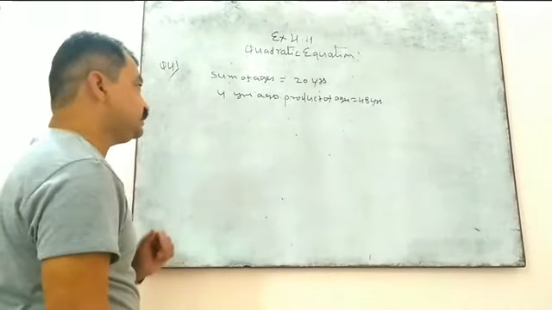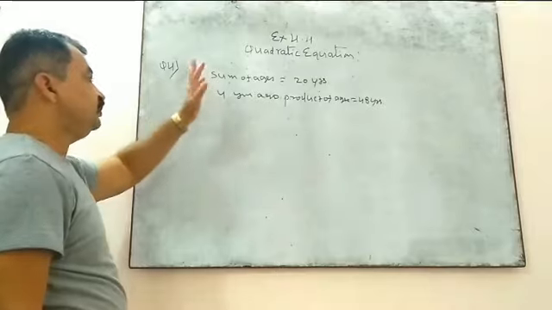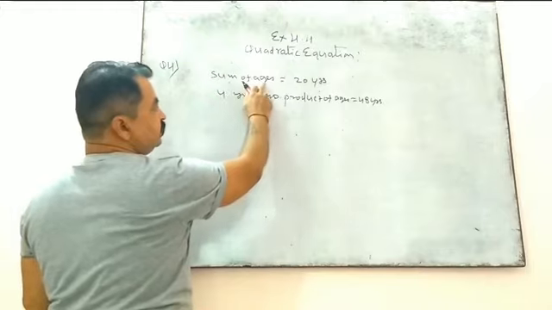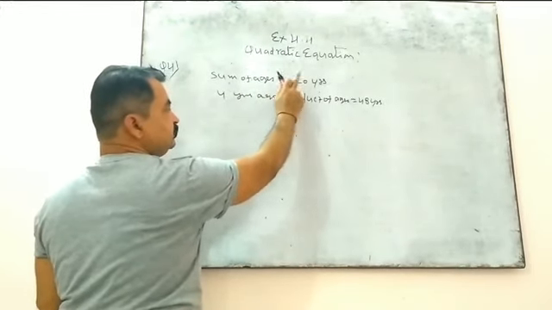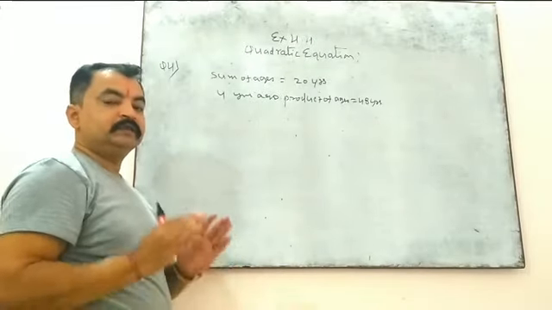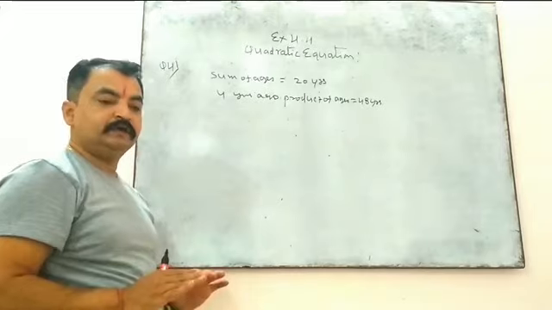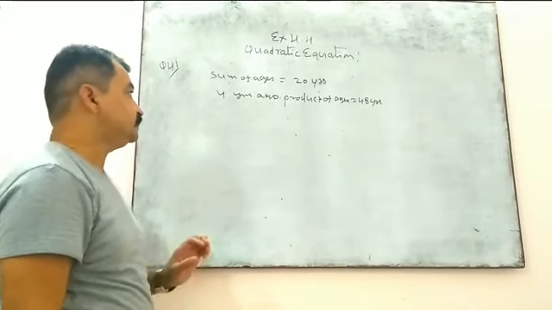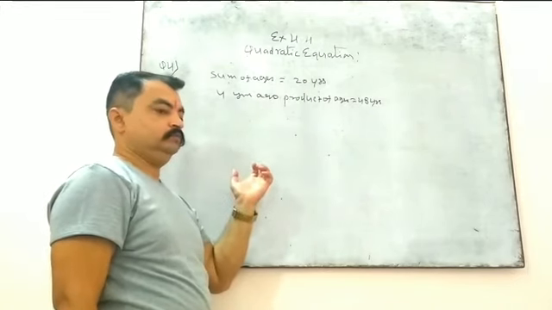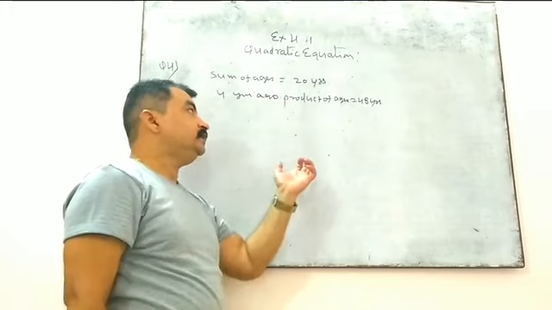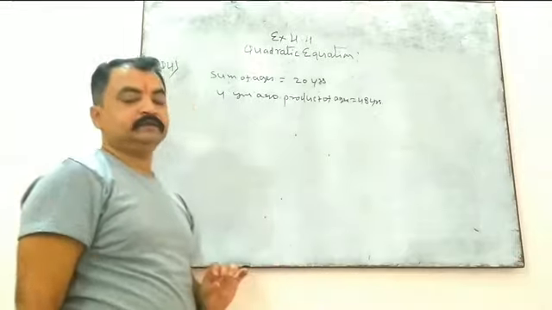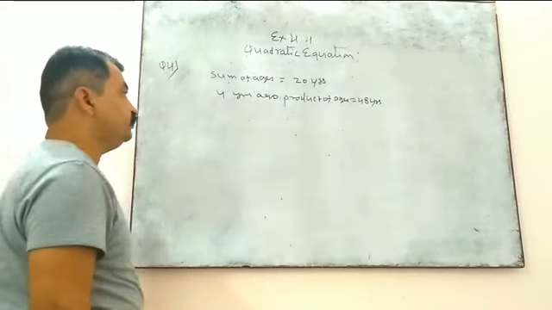Let's see one of these statements. That is question number 4 of exercise 4.4. See, the sum of the present ages of two friends is given as 20 years. First condition, I am repeating again: the sum of the present ages of two friends is 20 years, right? And the condition given is, 4 years ago the product of their ages was 48 years, right? So this condition we have to convert.